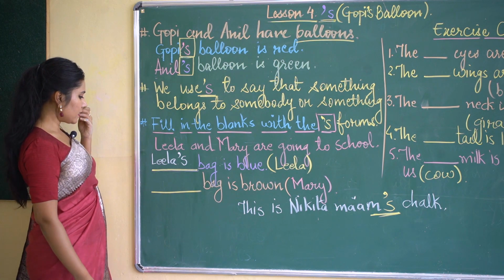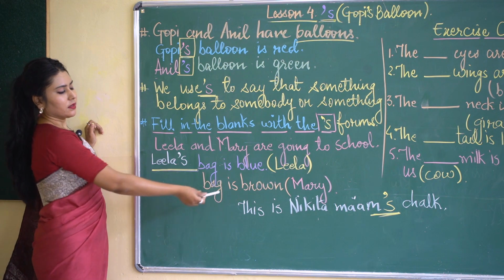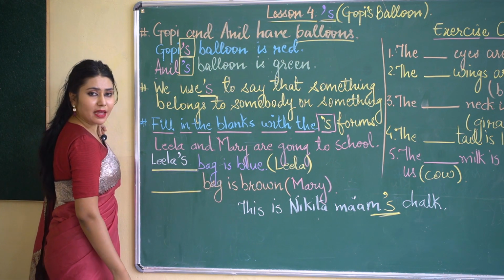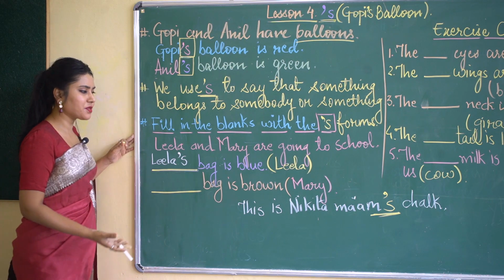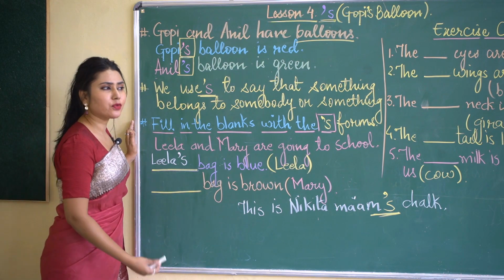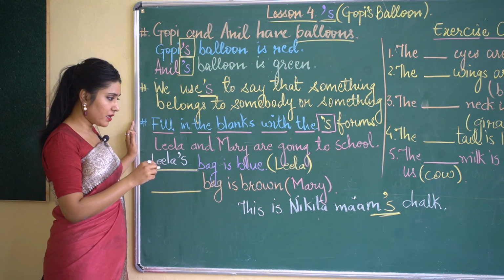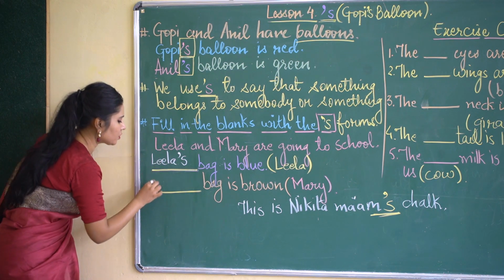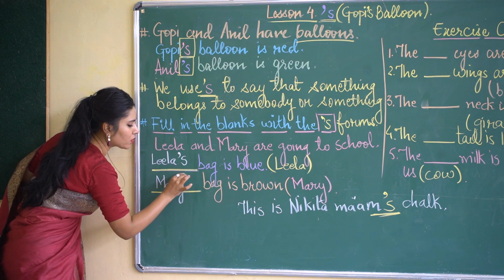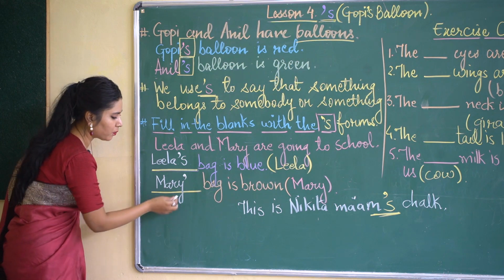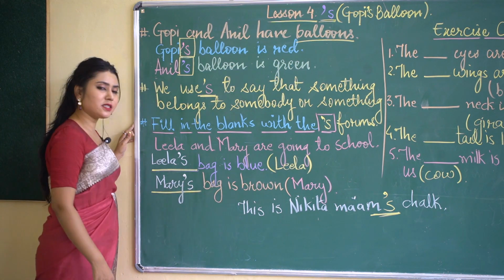You understand? Then the second one, if we take, dash bag is brown. And the name in the bracket given is Mary. Now, Mary is holding a bag which is brown in color. But you have to explain that the brown bag girl is Mary. So you will write it in a way. First, you will simply copy down the name Mary. Then an apostrophe a little higher than the bottom line and then S. It will become Mary's bag is brown.